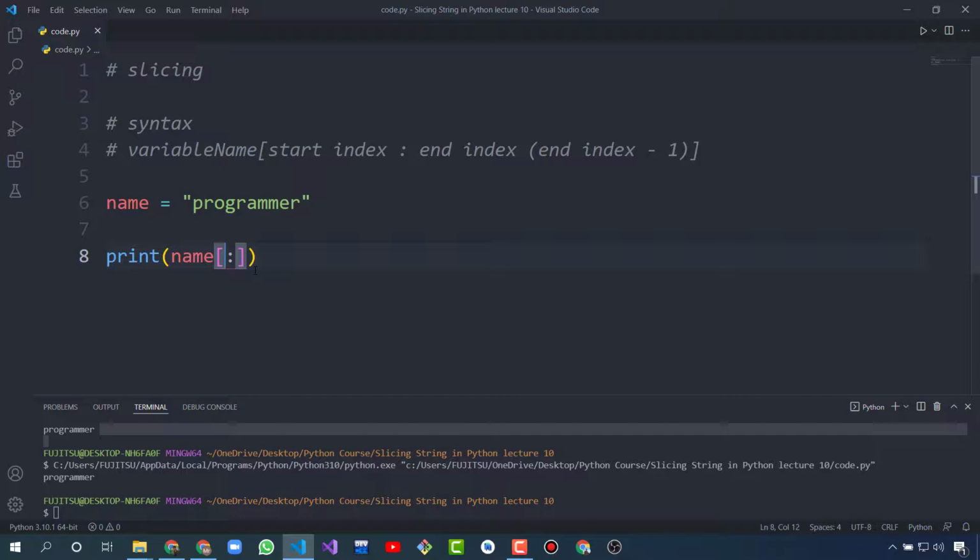And you can also give index numbers in minus. So if I write minus 1, then it will print R. When we give numbers in minus, it starts from the end. So R is at index minus 1, E is at index minus 2, and M is at index minus 3. So if I write minus 3, then it will start from M and print M, E, R. If I write minus 1, then it will only print R. And if I write colon minus 1,